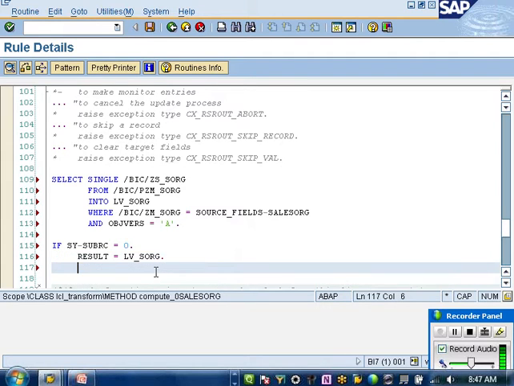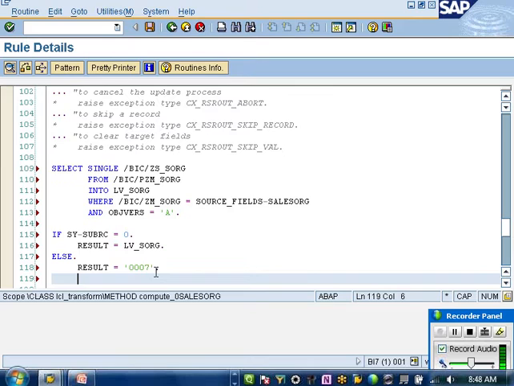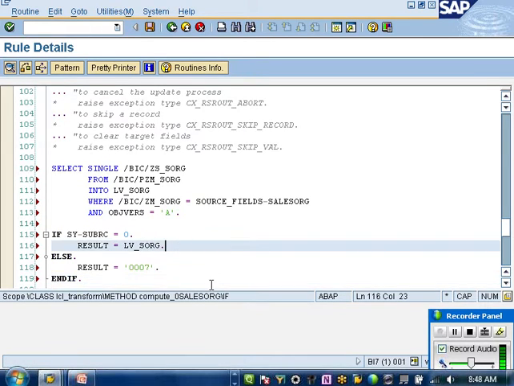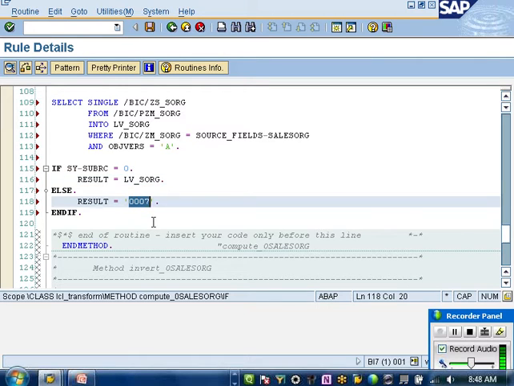And if I'm not able to get anything from the table, instead of leaving it blank, I will just say result equal to 9999 or something. That could be some business logic. I get to read data from the table. If it doesn't find any corresponding info from the table, instead of leaving it blank, I'm just trying to fill it with 0007. That's what the logic is.